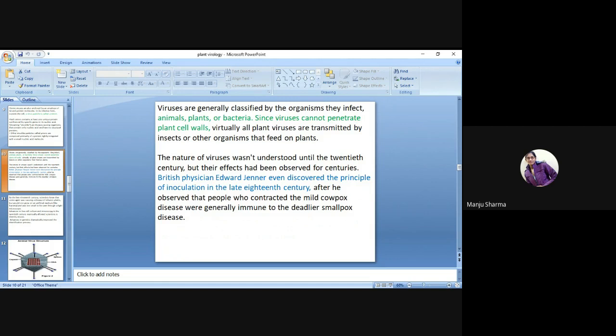Since viruses cannot penetrate the plant cell wall, virtually all plant viruses are transmitted by insects or other organisms that feed on plants. The nature of viruses was not understood until the 20th century, but their effects had been observed for 4 centuries. The British physician Edward Jenner even